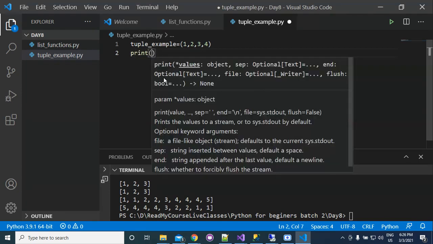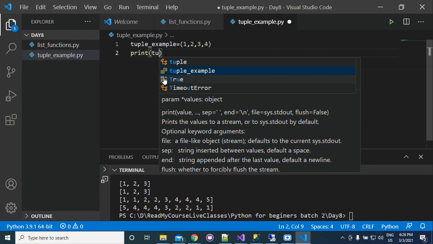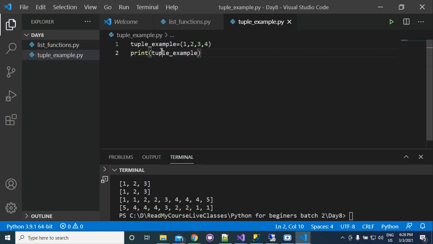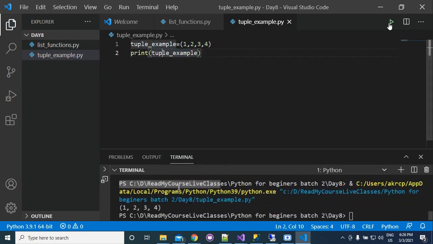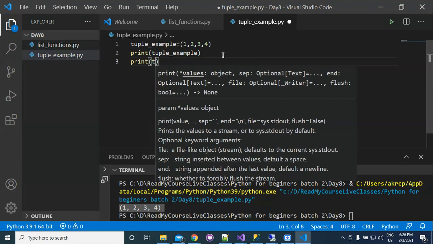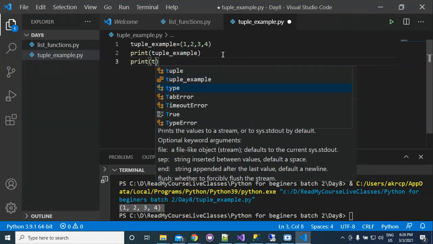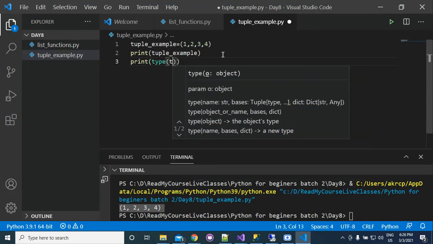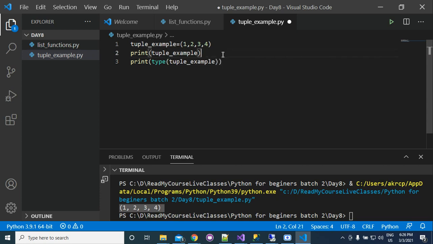Now you can print your tuple. 1 2 3 4, so it is printing your tuple. And if you print the type of tuple, you will get the result.